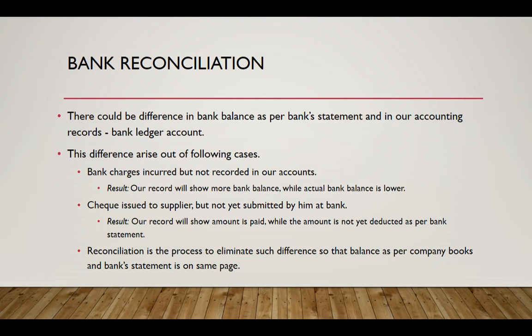For example, when I check my bank ledger in Tally, it shows that I have a bank balance of rupees 10,000. And what happens is that a bank charge has been incurred and I am not aware of it. So for example, if a bank charge of 1000 rupees is incurred, then my balance should be 9000 rupees. Upon looking at the bank statement, I find that my bank balance is now rupees 9000. And in order to reflect the true position of my bank balance, I need to add the bank charge information in Tally.